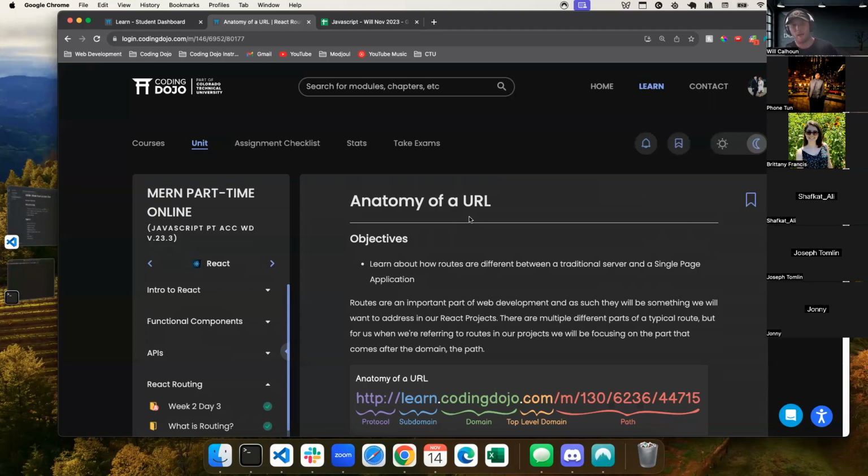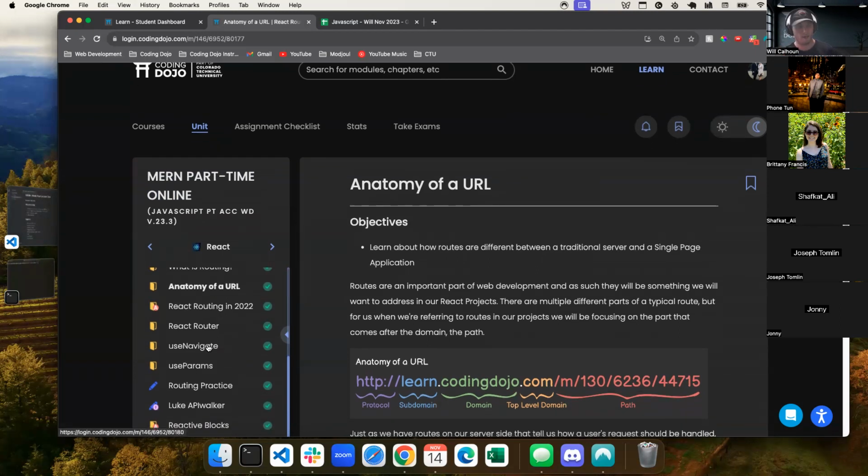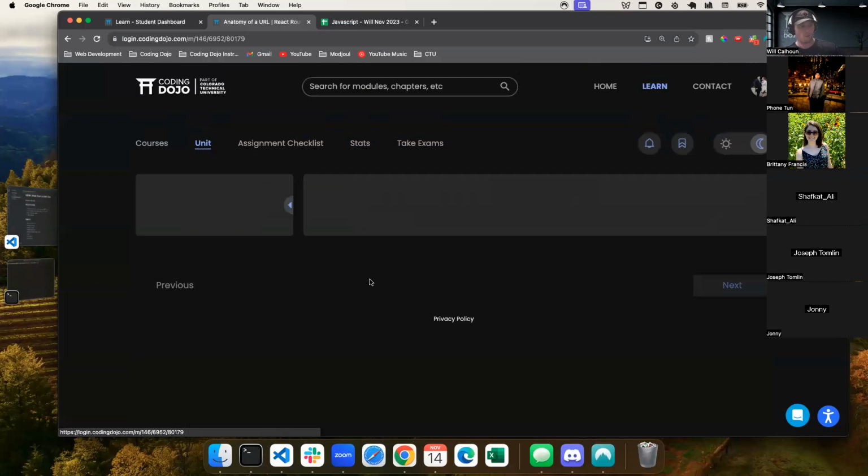So you can sort of think about it like if you've got a map and somebody says, hey, how do I get to this cottage, right? The cottage of anatomy of a URL. You say, oh, you take this road and it will get you there. And if they say, well, how do I get to the use navigate cottage? You say, oh, you take this road, right? We're kind of doing the same thing. We're saying, hey, computer, here's your path. And it's going to go to exactly the path we give it, retrieve the material, and show that there. Okay. Any questions on anatomy of a URL, of URLs at all?